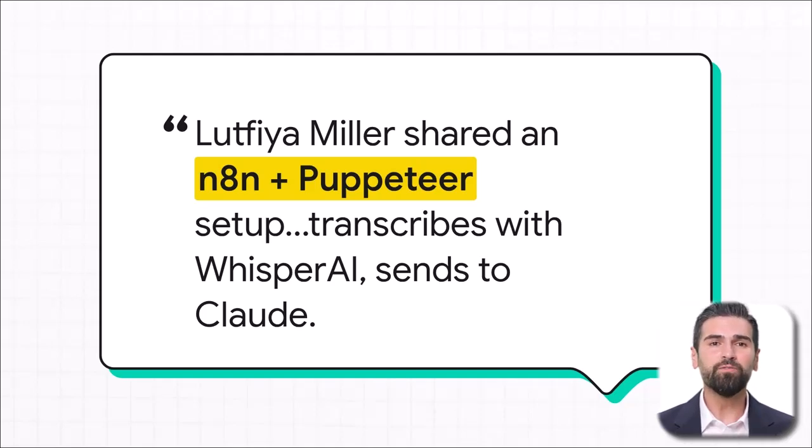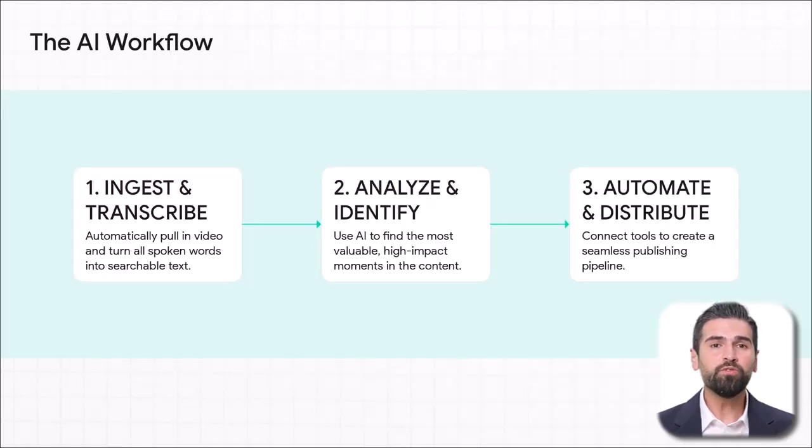It automatically finds her Loom videos, uses Whisper AI to transcribe them, and then zips that text over to an AI like Claude to get a summary. The whole first step is completely hands-off for her. Pretty cool, right? Okay. So once your video is transcribed and you have all that searchable text, you get to